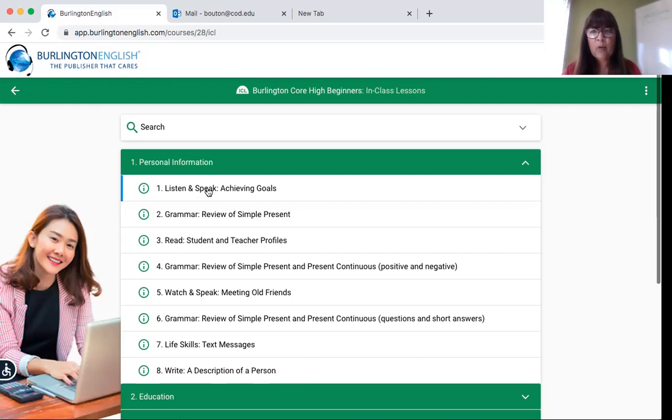If you are having problems, please let me know. I will send you the orientation that you can watch. It's just slides, but it'll show you how to log into your COD email address and create a password, okay? So you will have to figure that out, if you haven't done it yet. But you can get into Burlington and start working on your lessons. If you have any questions, let me know.